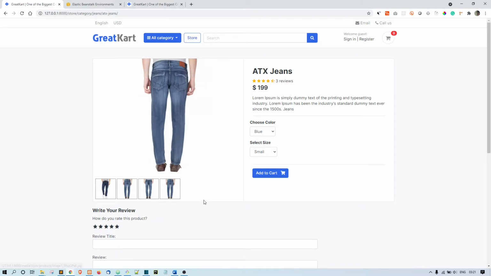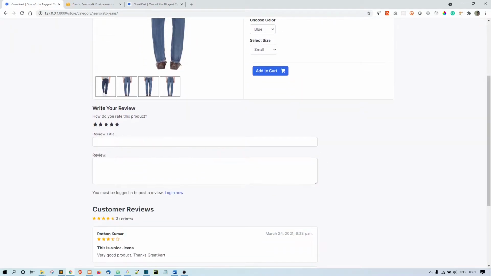This product gallery is an unlimited one. If you want to add more images, you can just go ahead and add the product images from the admin panel. Also I just want to show you this. You can see we have the interactive stars. You can also set the half stars or full stars. We are going to make this from scratch.